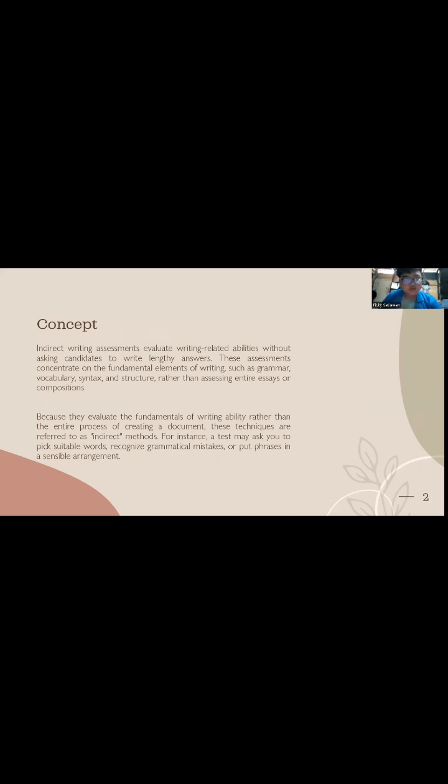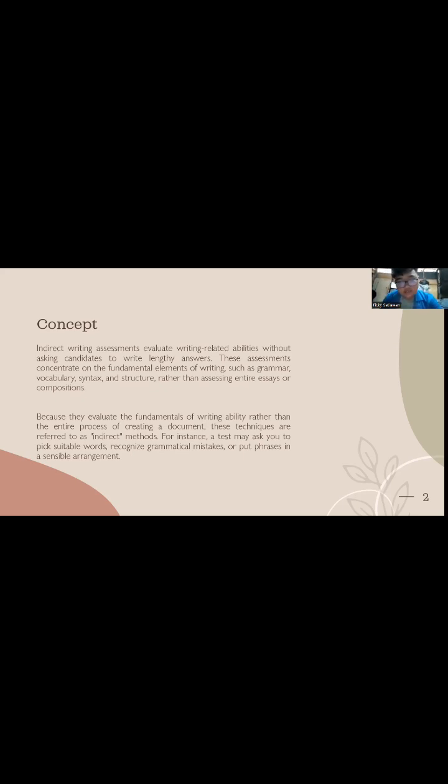This assessment concentrates on the fundamental elements of writing, such as grammar, vocabulary, syntax, and structure, rather than assessing entire essays or compositions. Because they evaluate the fundamentals of writing ability rather than the entire process of creating a document, these techniques are referred to as indirect methods.